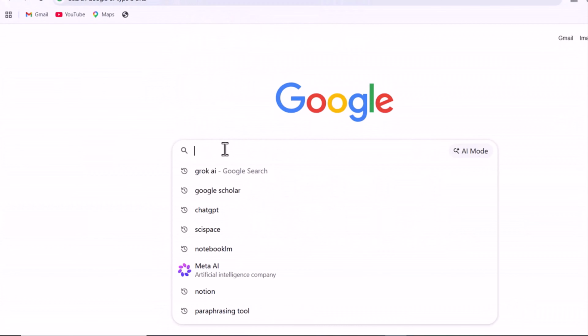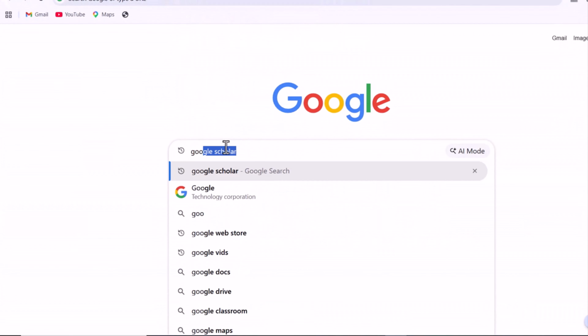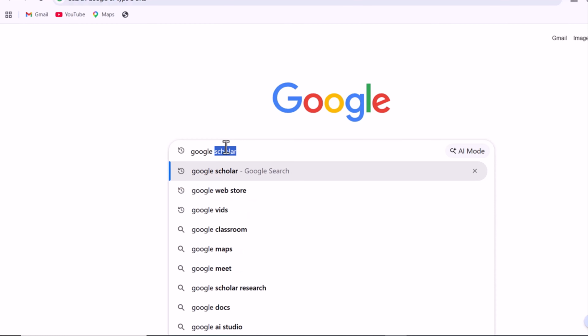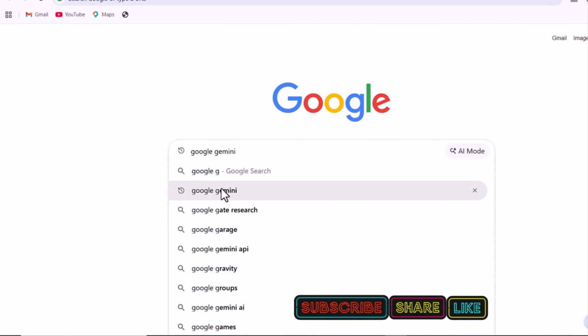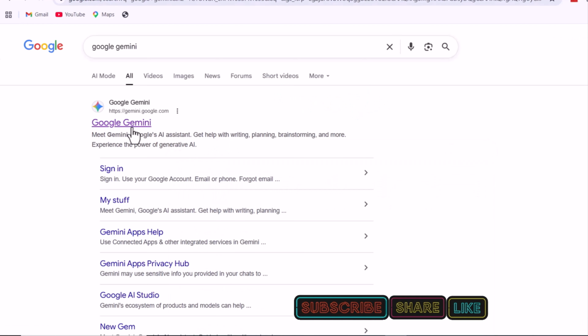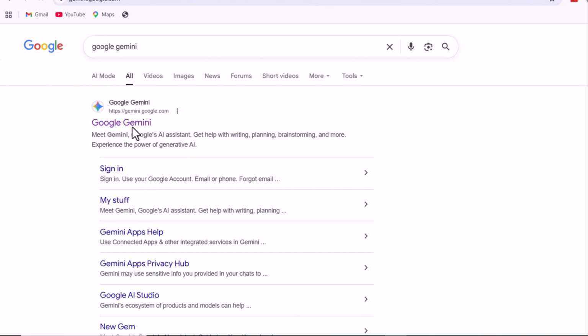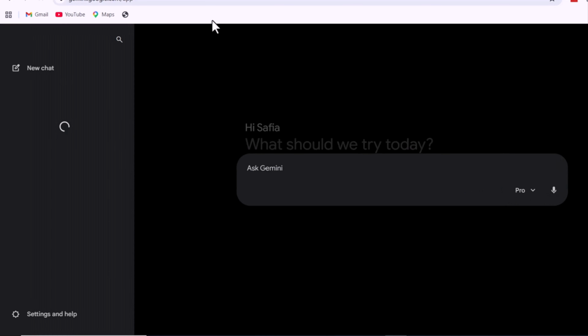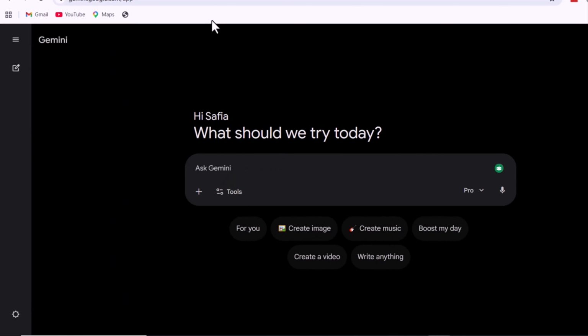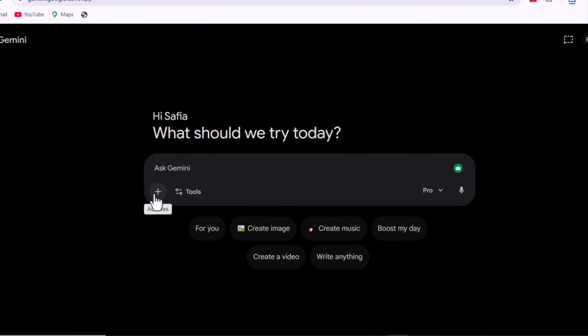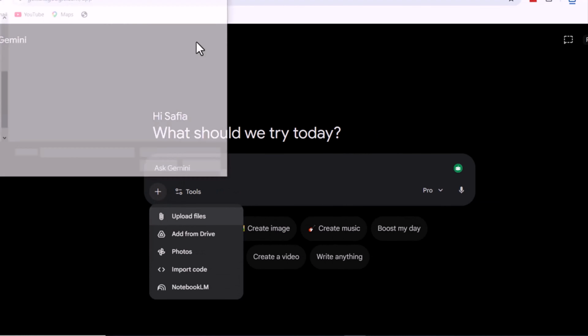Alright, next tool is Google Gemini. And honestly, I really like its smooth interface. It's especially powerful for research and anything related to Google. You can upload PDFs, ask questions, get summaries. For students, this is super useful because long notes can get really boring and Gemini turns them into short, easy summaries. Alright, so let me show you a real example of how Google Gemini actually helps students.